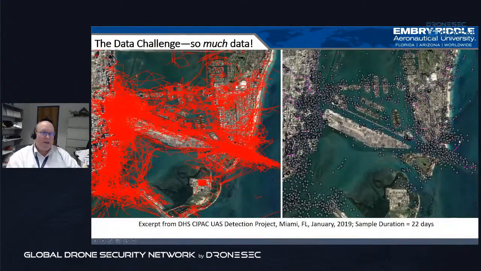Just to give you an idea, this is another study that was performed in Miami, Florida, around the port of Miami, primarily for security reasons. You can see the spaghetti diagram off to the left, looking at all the drone telemetry, and all the origination points off to the right. One thing that was interesting about this study is because of the capability of the sensor we're using, we're able to identify individual unmanned aircraft by a serial number. And so we have access to that serial number. We can tell how many different UAS there actually are, their type, and some other basic information,